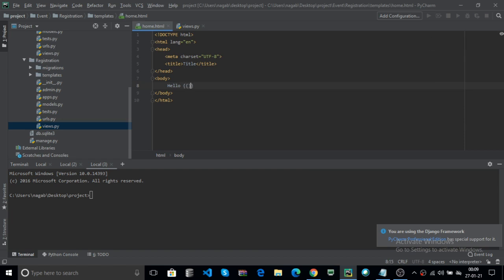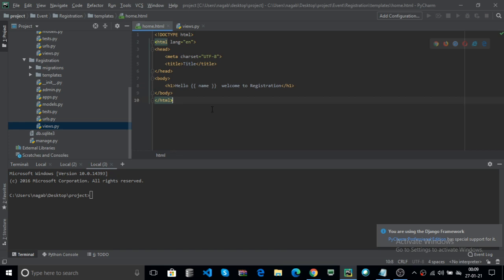This is the DTL language, the Django template language. Here you can use the key, that is name. Hello someone, welcome to registration. You can also add any HTML data here. Knowing how to use DTL in the front end is efficient for a Django developer. Here close the HTML. Okay, sorry.